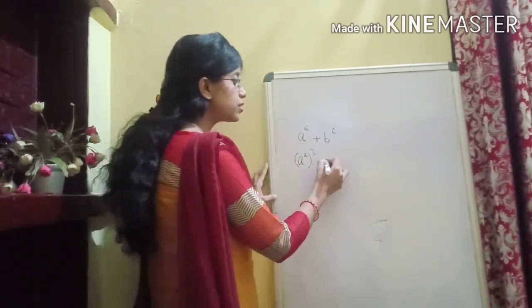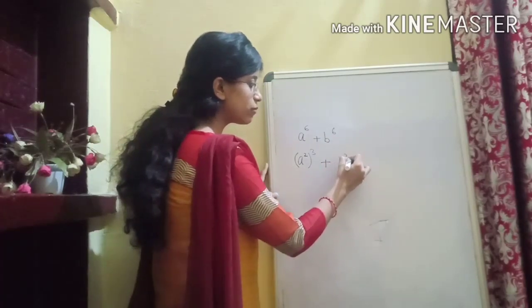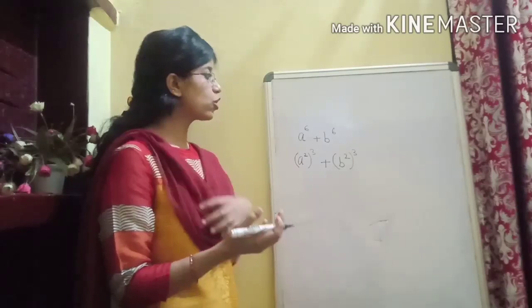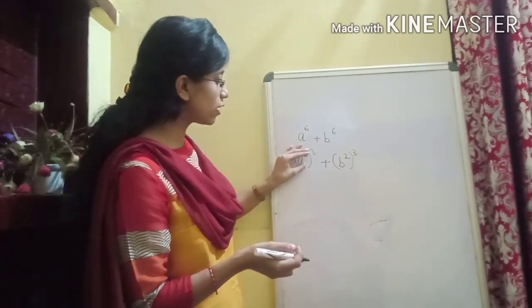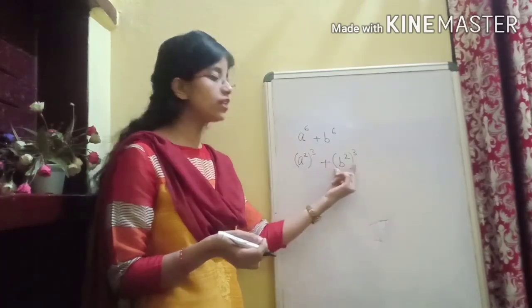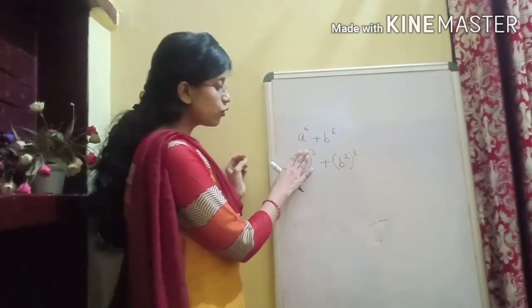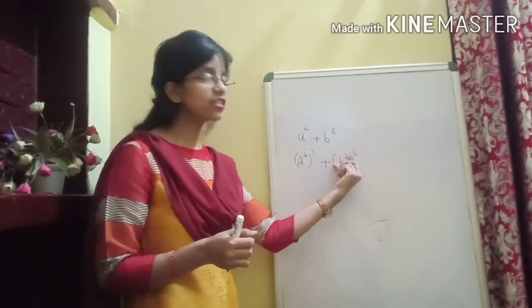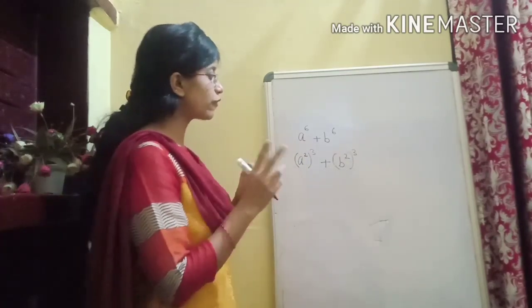Yes. And plus b to the power 6, again we will be writing b to the power 2 and whole cube. Why are we writing this? Because when you write it like that, you will get a cube and then again a cube. That means it is nothing but like a cube plus b cube. But what is your a? This whole thing, that is a square. What is your b? That is b square. This you have to check or you have to compare.